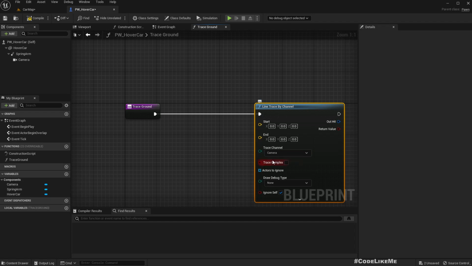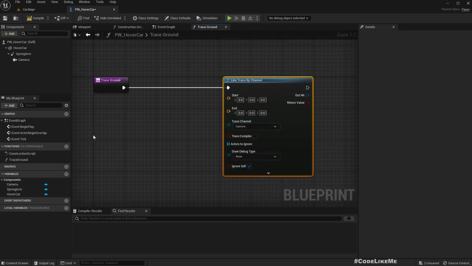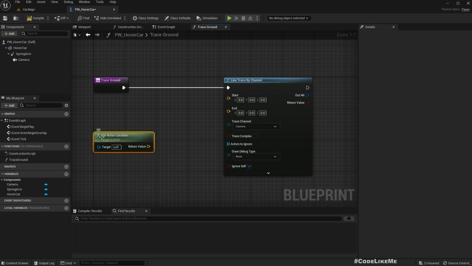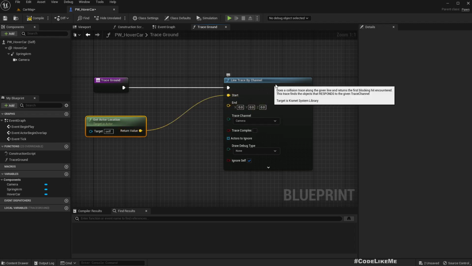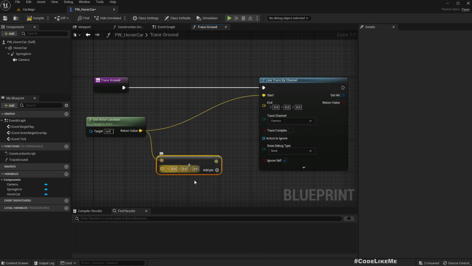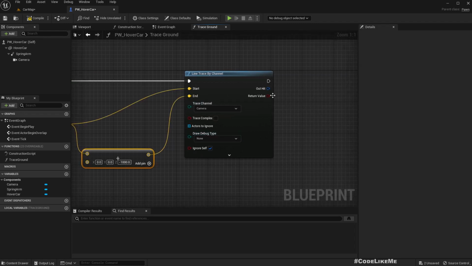Let's use the camera channel as the trace channel, and the start position is get actor location, and end is some point below get actor location. So let's say 3000. We don't really need 3000, maybe just -1000. That should be enough. And if we get a hit,